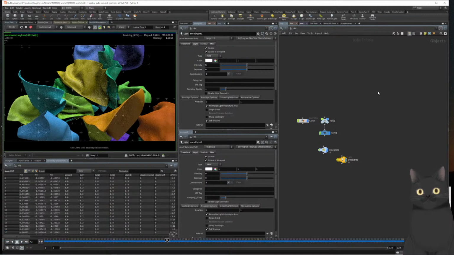Rotate this a little bit. Let's go with this one. It's cool. We have a few reflections here. We can try to increase the size of